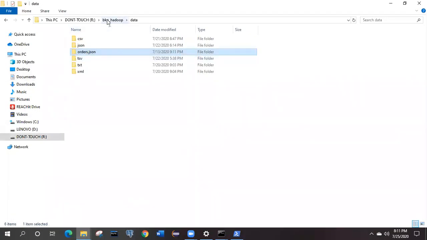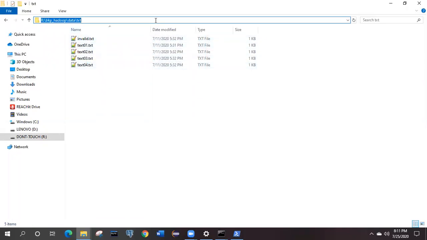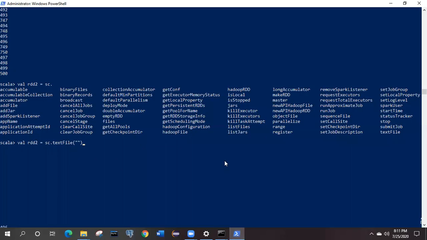I have created one backup Hadoop data, and this is some of the data which is present in my case. If you look into this text, we have some files. Inside this text, we'll make use of this one over here. Inside that text, I have one file known as text01.txt.